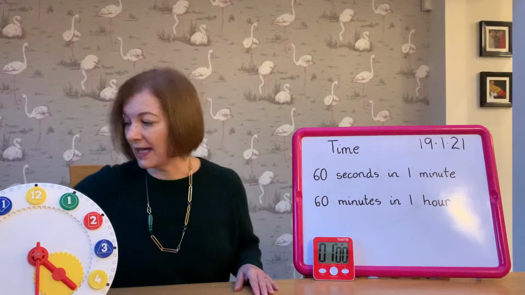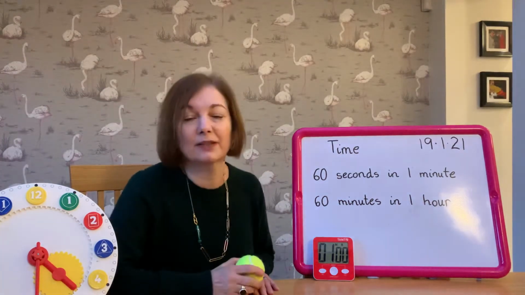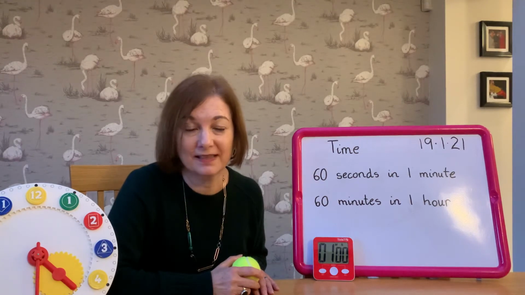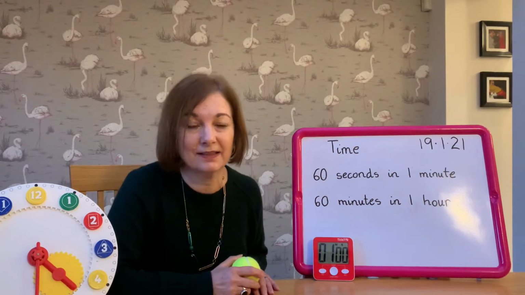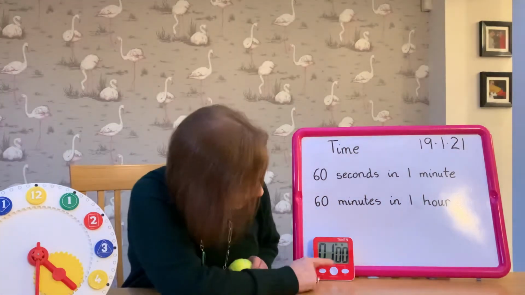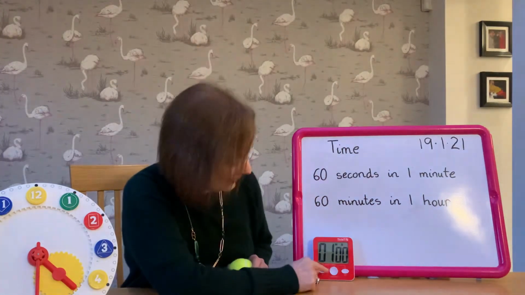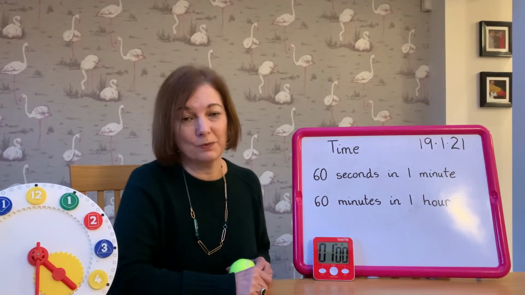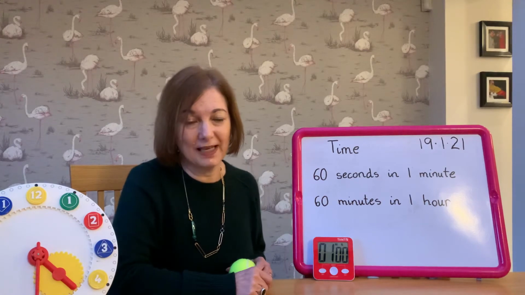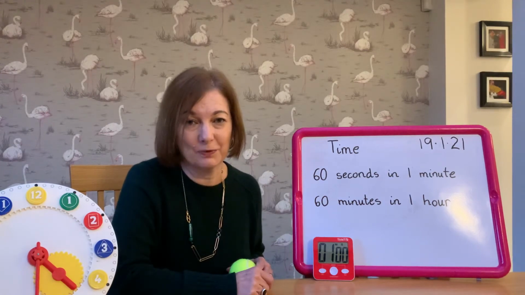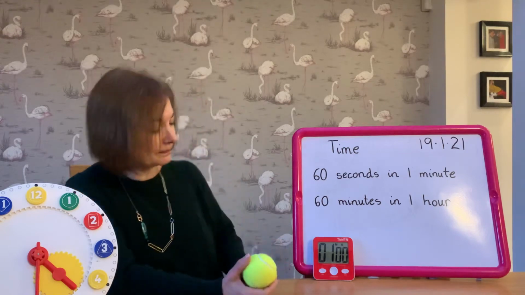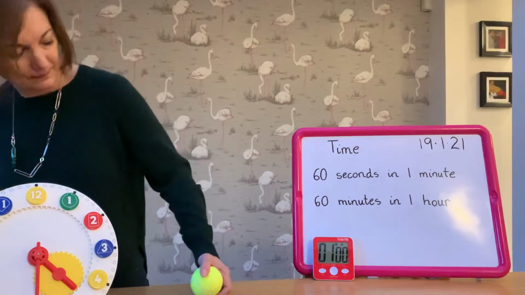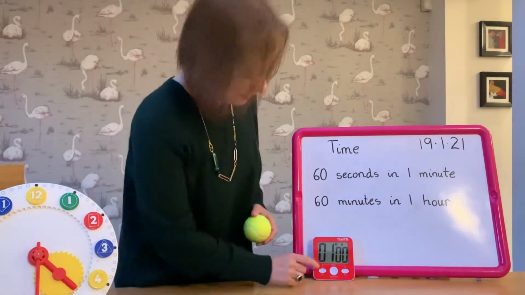I'm going to try, I've got a tennis ball here, and I'm going to see how many times I can throw it and catch it in 1 minute. So that is in 60 seconds. So I've got a timer here. At the moment it's on 1 minute. And when I press start, that will start counting down and we'll get a bleep at the end and you can count along and see how many times I throw the ball up and down. Hope I don't drop it. Let's have a go. Just going to move my chair out of the way. Okay, let's start the timer